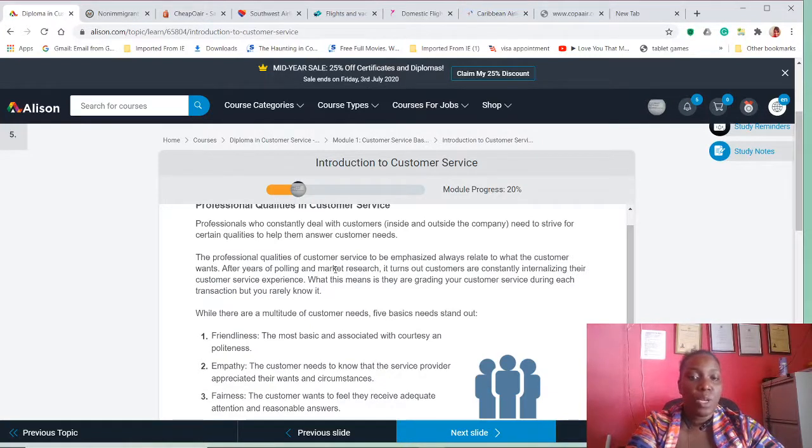After years of polling and market research, it turns out customers are constantly internalizing their customer service experience. What this means is they are grading your customer service during each transaction, but you rarely know about it. So while there are a multitude of customer needs, five basic needs stand out, and these are: